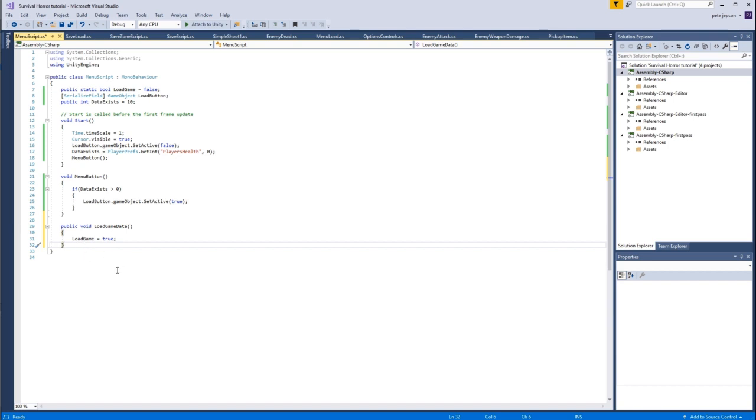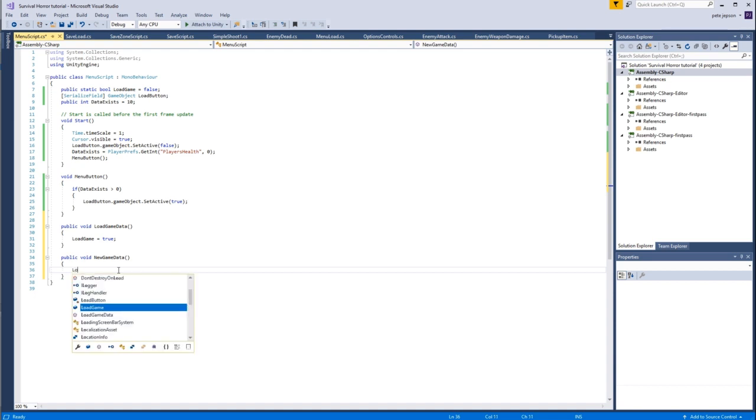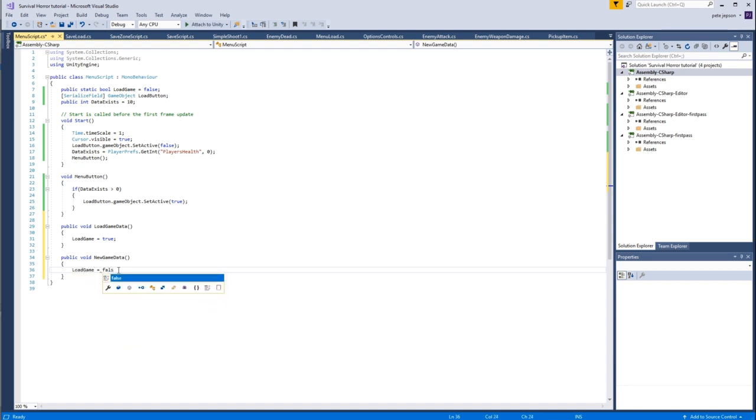Alright, so there's public void load game data, load game equals true. But then we also need a public void new game data, and this one's simply going to do the opposite. It's load game equals false. Alright, so sets it back. So let's save that,